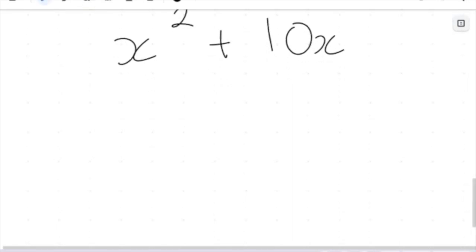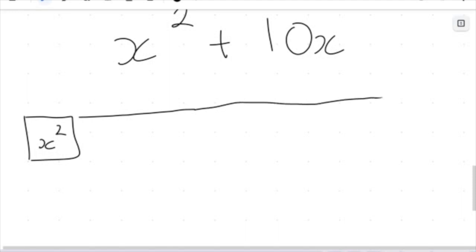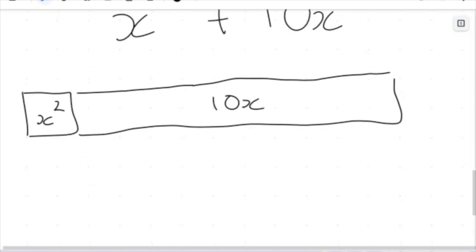And I'm going to use this area analogy again. I'm going to have one square here of x squared, and I'm doing this a little bit smaller because I'm going to have a really long dimension here of an area of 10x,